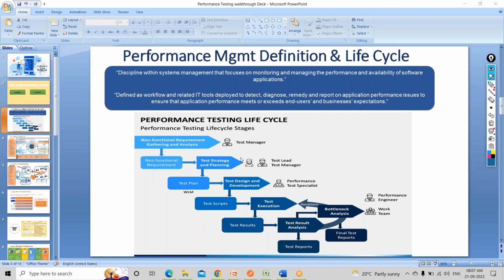But here we are more concerned with, let's say A and B, how fast they are communicating with each other. If they are having a lag, or a higher response time, why is that? What is the bottleneck? We are not concerned whether A is working fine or B is working fine. No, what is happening in between them. We are not concerned with the functionality, so that comes under non-functional testing. That's why we say gathering and analysis.